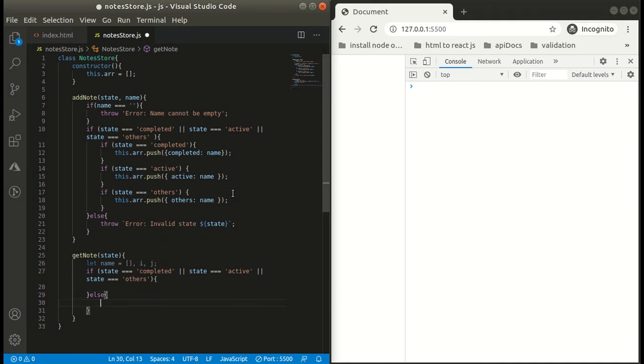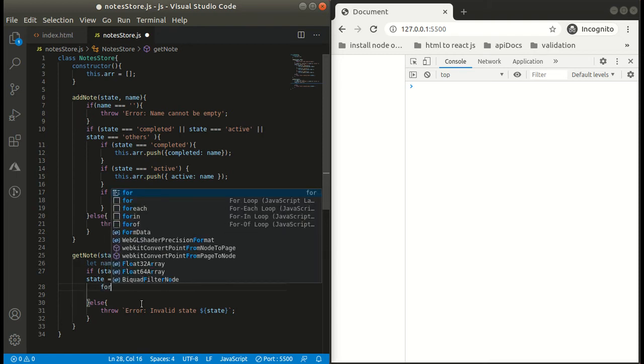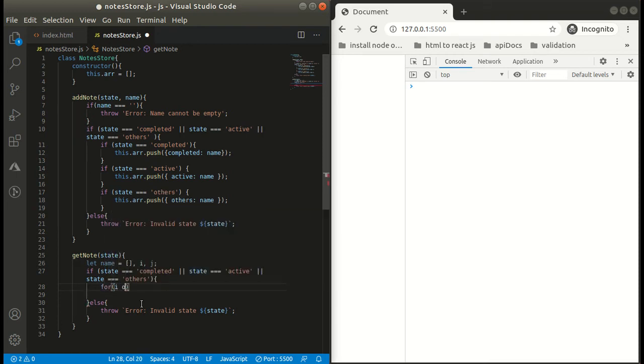Now guys, first I will traverse through my array of objects with the use of a for of loop. So we will be traversing through our array of objects, and then our index will correspond to a single object, that is, an object with state and name value. Okay, state as a property and name as a value.